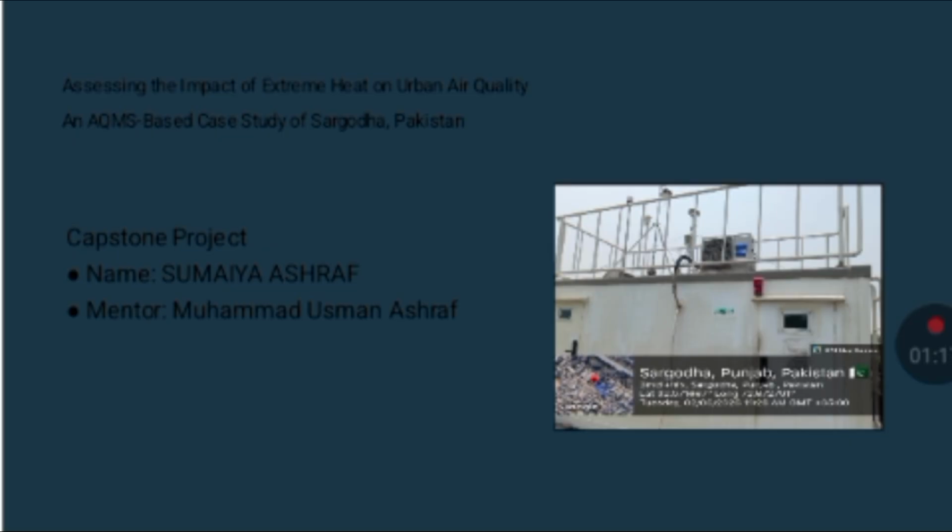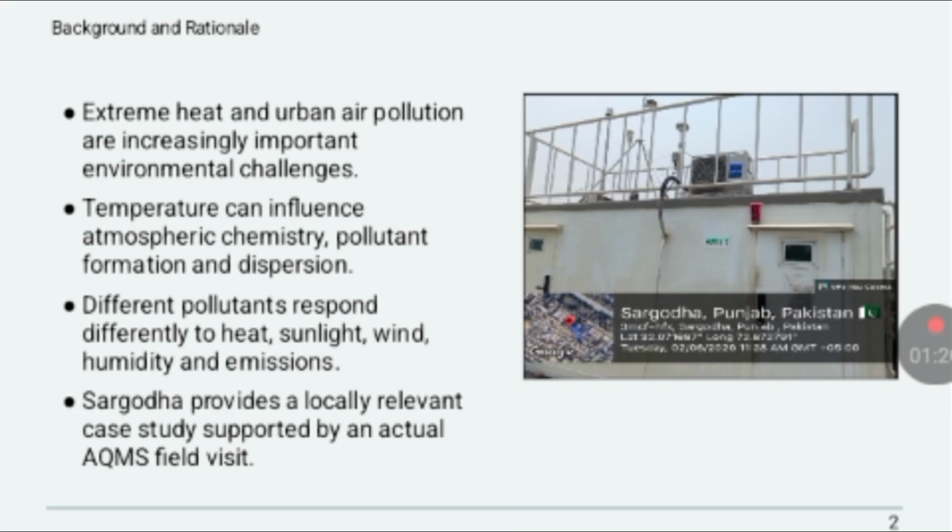First of all, there comes the background. Extreme heat and air pollution are two major environmental challenges, and in many urban areas, this problem can occur at